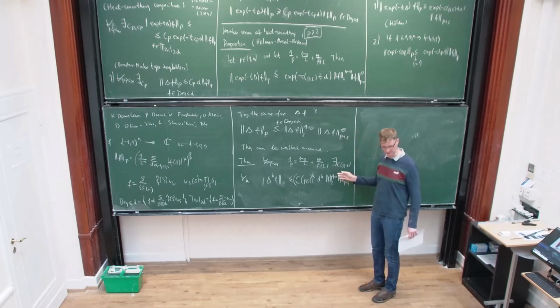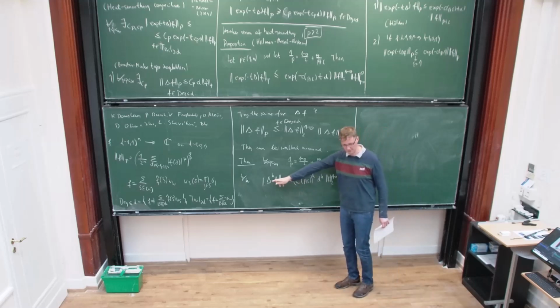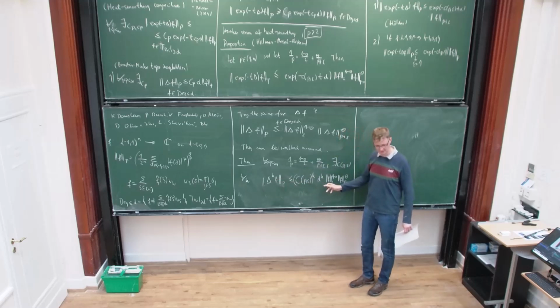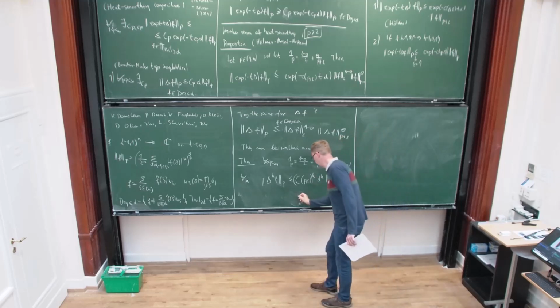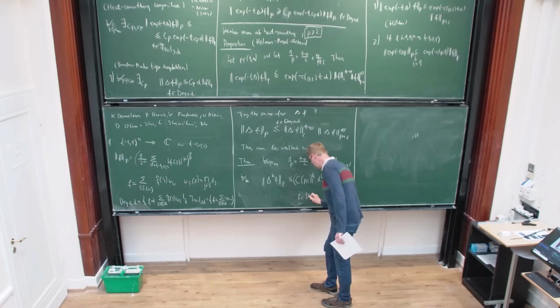Okay, so again, it's not exactly the conjecture, it's close to it, but it has some interesting corollaries, which I'm going to mention now. What is written here is that all powers of the operator have these explicit estimates in terms of a constant C of p epsilon that only depends on p and epsilon. And maybe I forgot to mention that again F is in the low degree space.